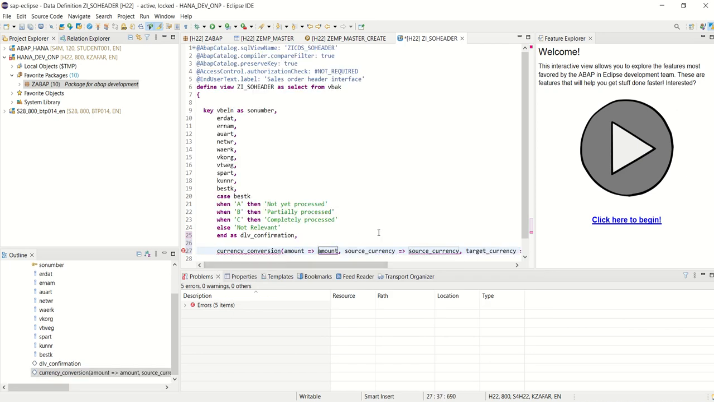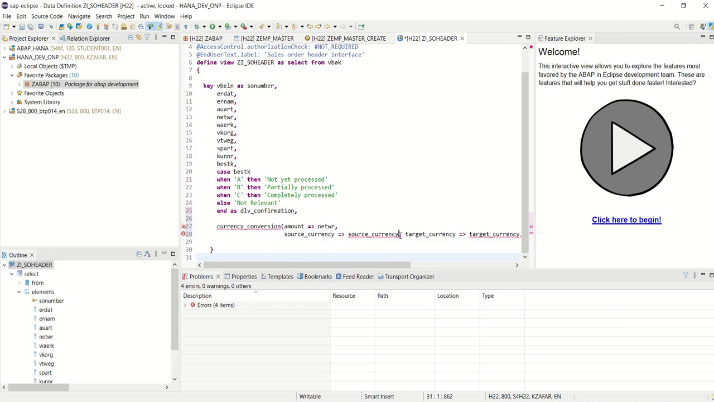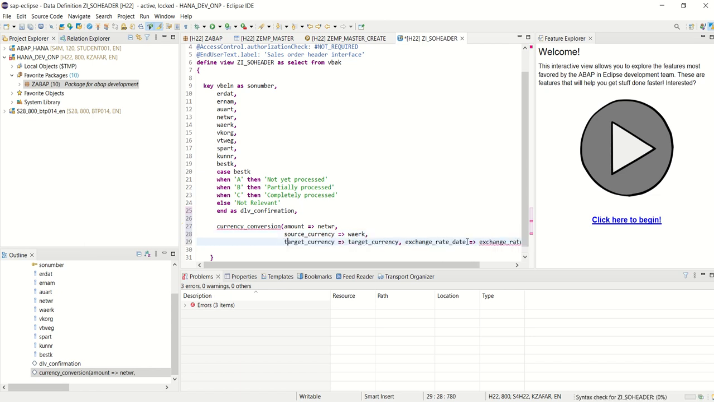And here first is my amount field. So amount field I will pass as net WR. Second is the source currency. Okay, so my source currency is from the same table. This is WAERK. Target currency. Take example, I want all in INR. Okay, so let me hard code first, INR,